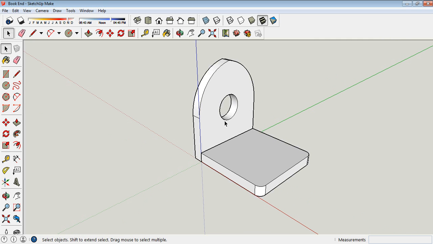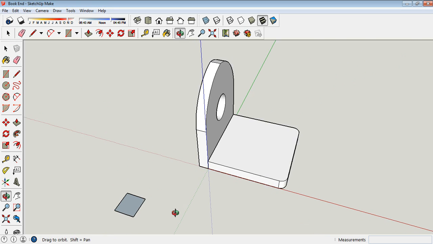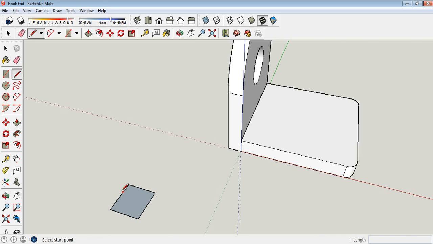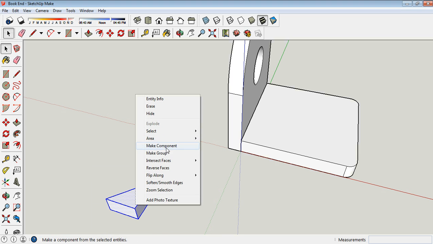Now to strengthen the corner, what we can do is a small little triangle block. Right, first starting with a rectangular shape, 30 by 30 mm. Draw a line across, cut it into two, push it up by 15, select the whole object, make the component,